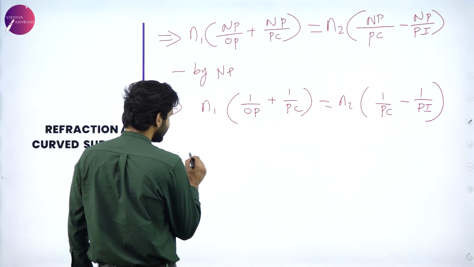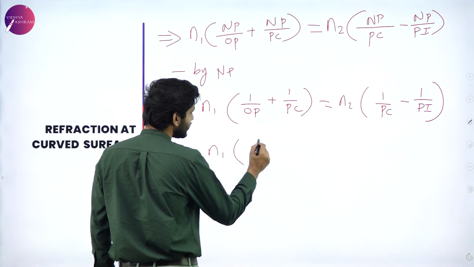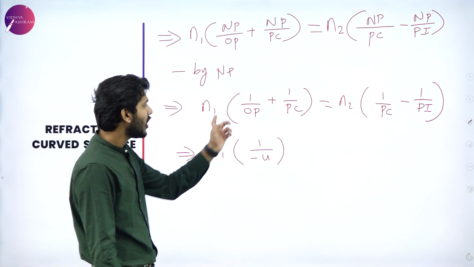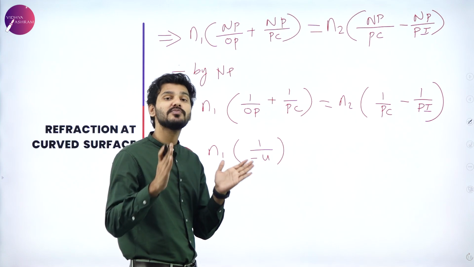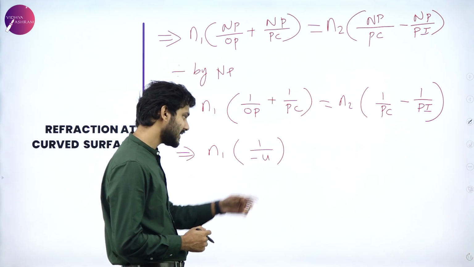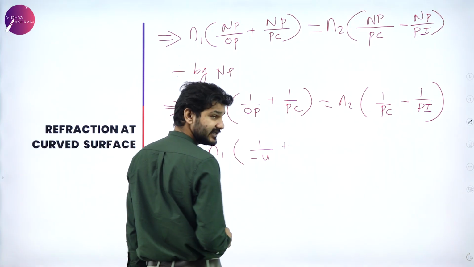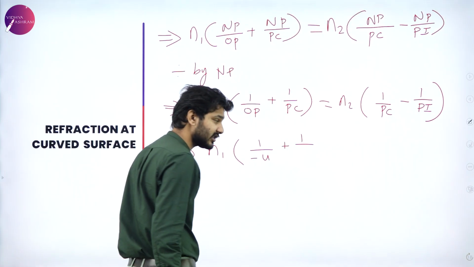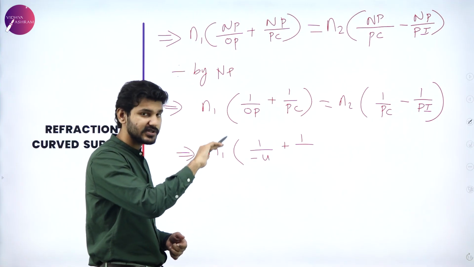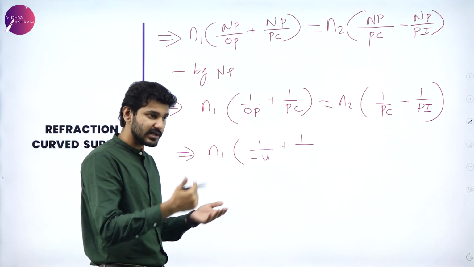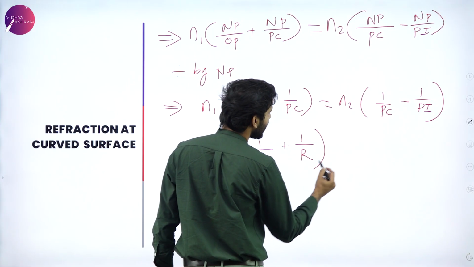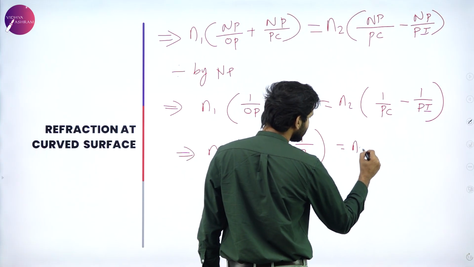So again, we are going to rewrite these particular lengths in terms of the length we actually know. So this will become N1 into 1 by minus U, minus because it is on the left hand side. OP is nothing but the object distance from O to the point P, which is indicated by the letter U, plus 1 by PC. PC is nothing but the distance that is known as radius of curvature. If you have a spherical object, it will have a center, and that particular distance is known as radius of curvature. So 1 by PC will become 1 by R, and again which will be equal to N2 into